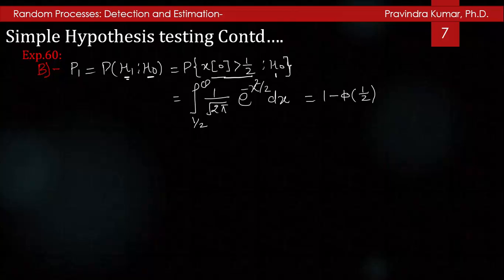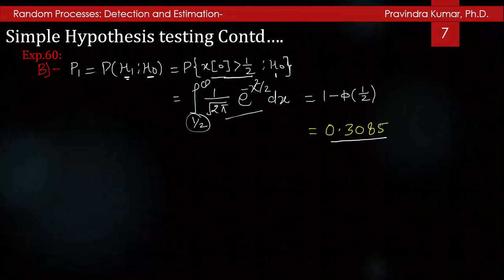So it will be the integration from 1 by 2 to infinity of the PDF under hypothesis H0, 1 by under root 2 pi e to the power minus x square by 2 dx, and it will be 1 minus phi of 1 by 2. So from the table you can find out the value of this is